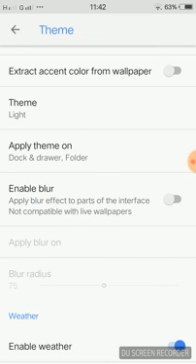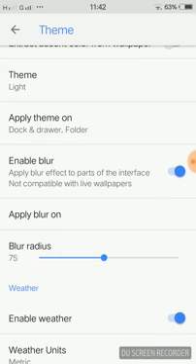And I click OK. And then if you want to enable blur, for example, if you have a very contrasting wallpaper, you can enable this blur so the icons of your apps will look clear on the screen. And also you can